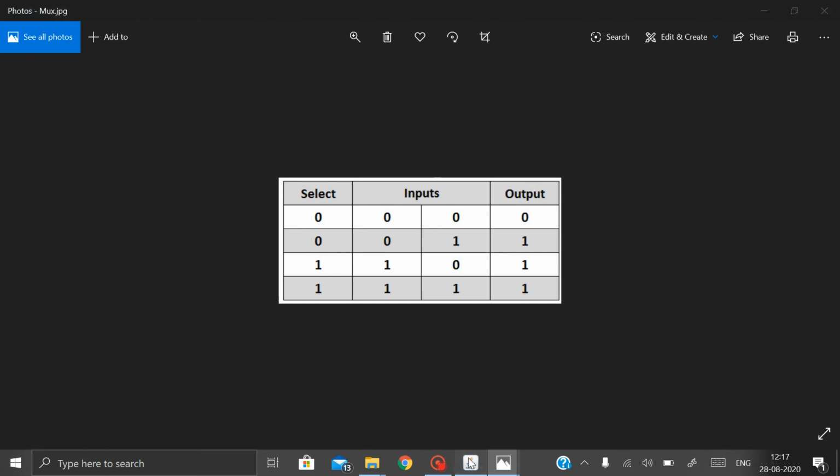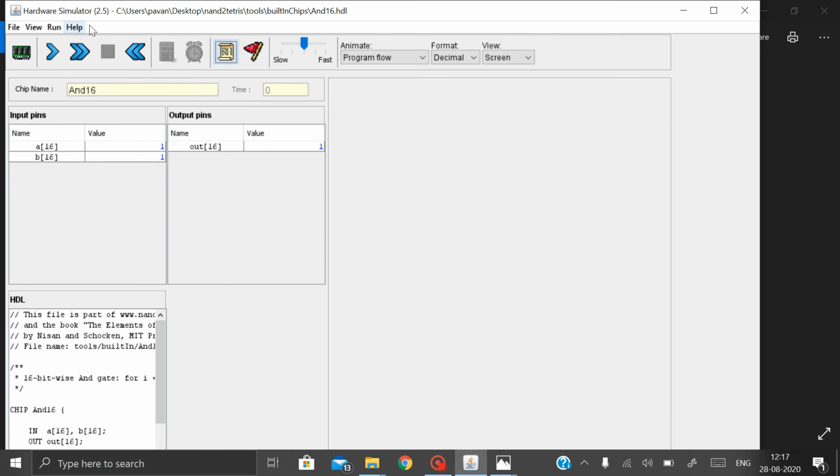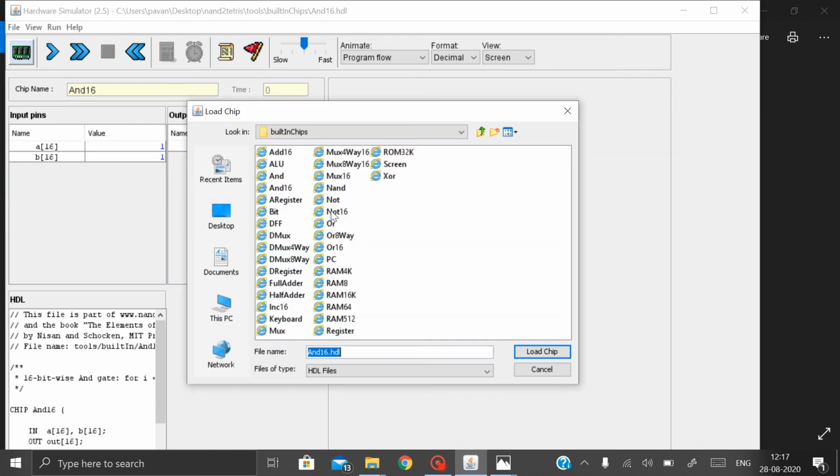Okay, let us go to the hardware simulator. Actually, the hardware simulator works if there is an external text editor like Java, etc. The version I am using is hardware simulator 2.5.